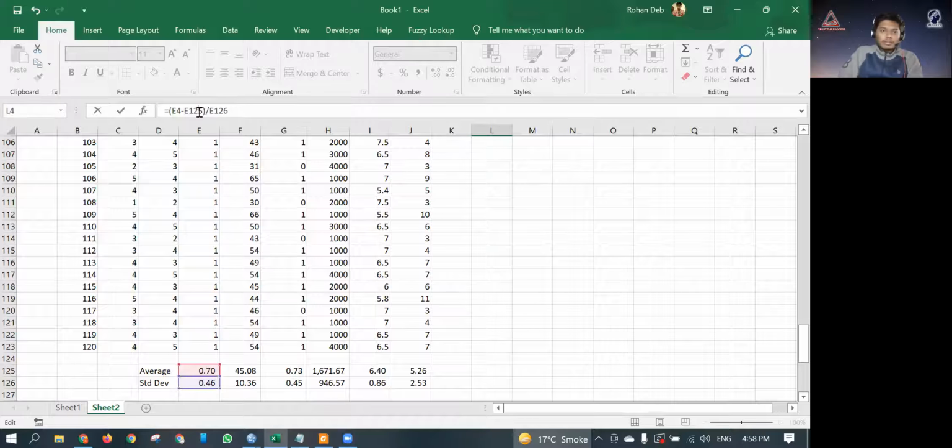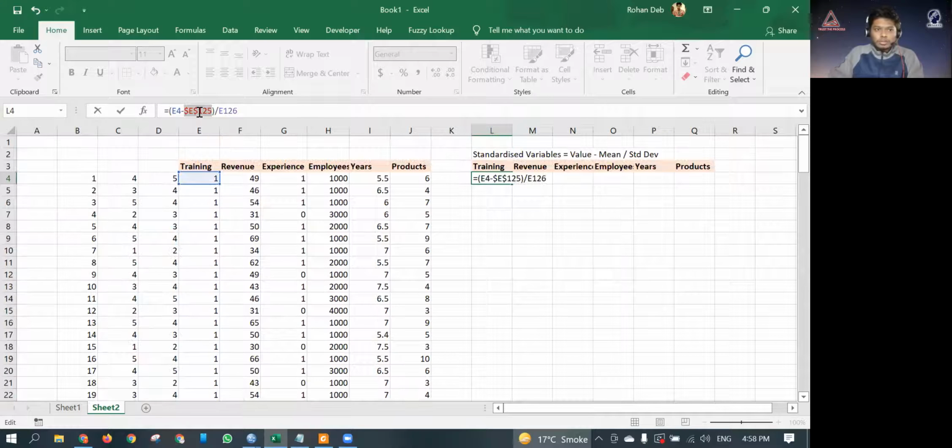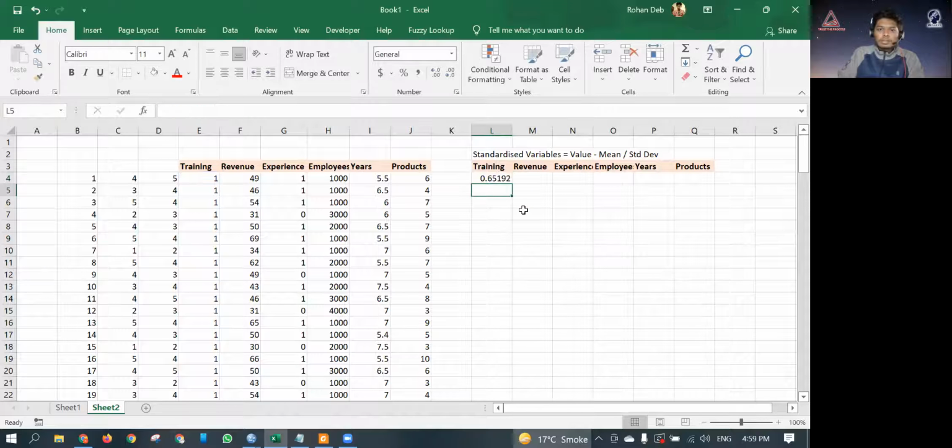Now I'll fix this using F4. F4 fixes the column and the row, but here I don't need to fix the column, I just need to fix the row for the mean and standard deviation. So I'll click F4 again, and you can see the dollar sign is just before the row number. That's what I need. Press Enter and you'll get the standardized variable.